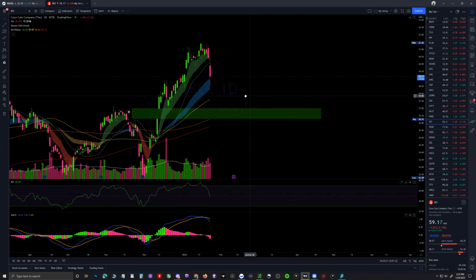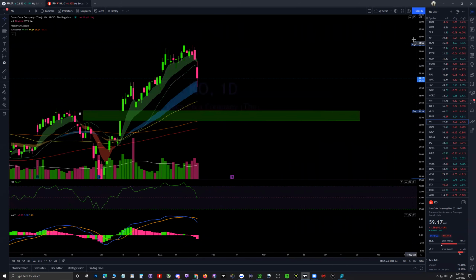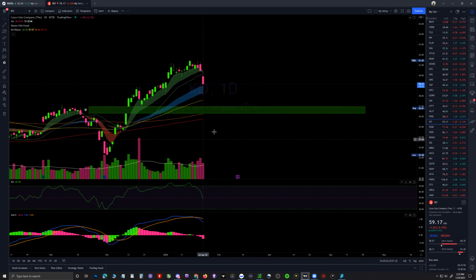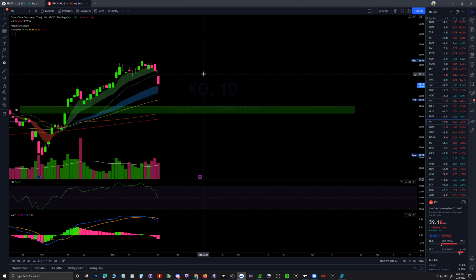We got Coca-Cola. Huge gap down today, red candle. There's a gap down here that still needs to be filled. Take a look at news for Coke. And I'm on Webull right now. You guys can't see it, but if there's relevant news, then I'll pull it over and you'll be able to see it. No, there's really not any good news or bad news for